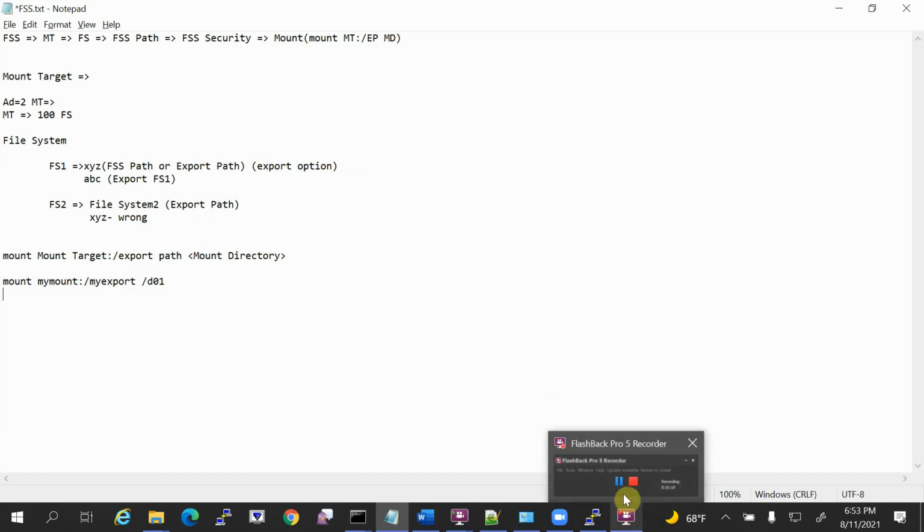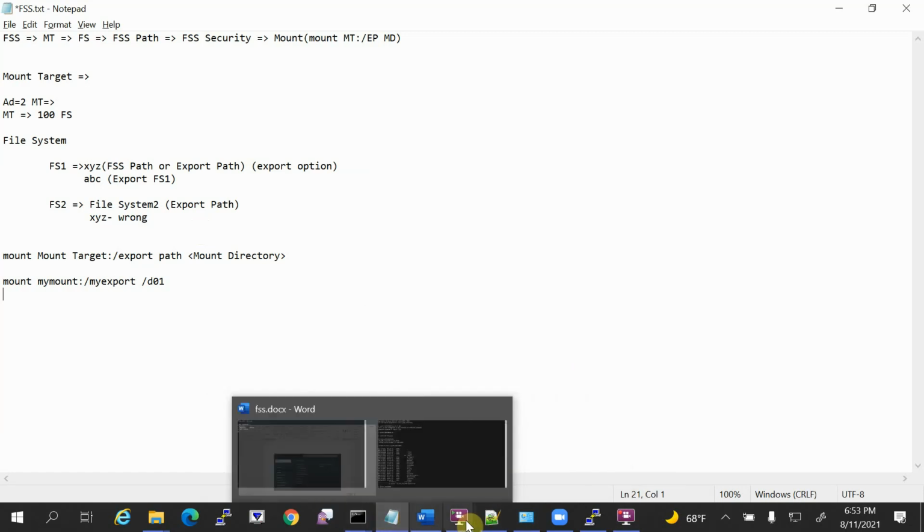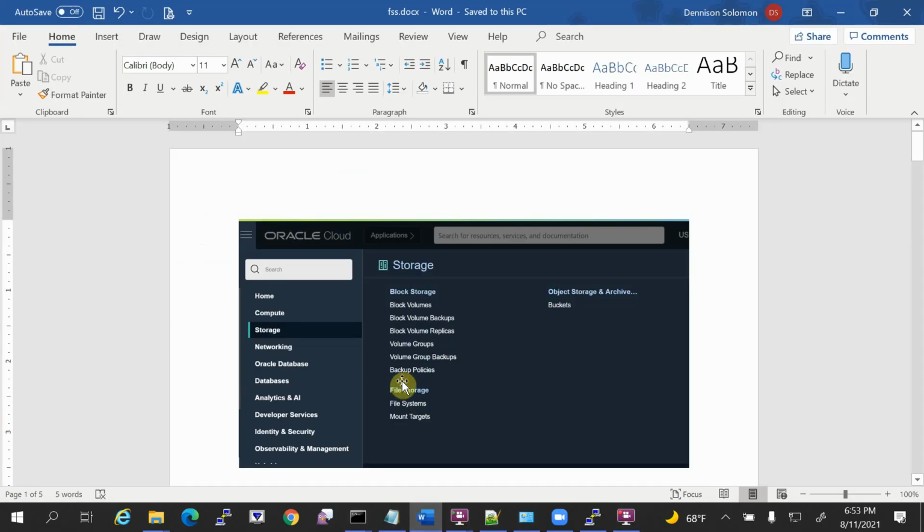Now let me see. Okay. So of course you should have console access, and once you log into the console, you will see the sandwich menu like this, and you have n number of options.